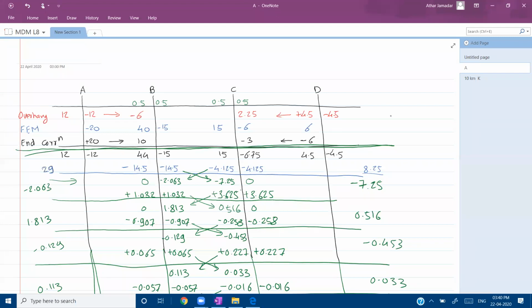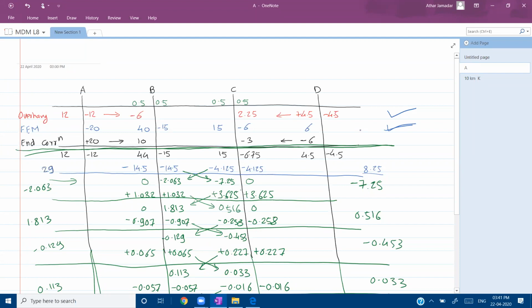First, in this first step, this overhang we have first balanced. So on the left-hand side of A, there is plus 12 moment. So that we have nullified by adding the same moment but with opposite sign. So plus 12 minus 12, and half of this added moment is carried over. Similarly, at D, on the right hand side, minus 4.5 moment is acting. So that has to be balanced with plus 4.5 moment. And for this balanced moment, we have applied carry over. Then the second step is FEM. So we have written down all the FEMs.